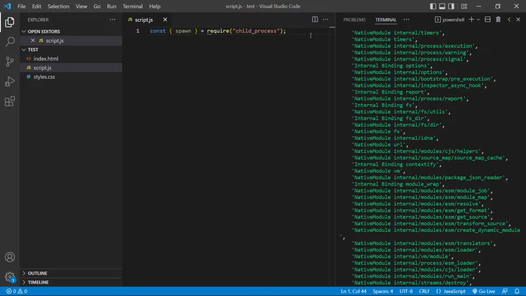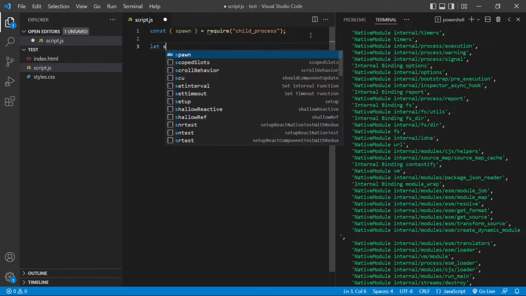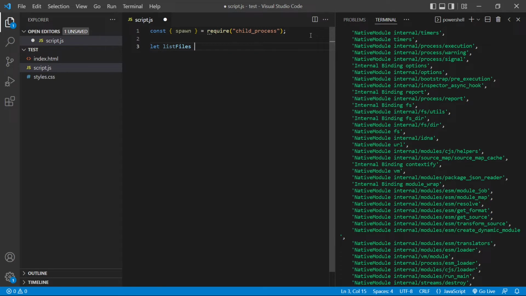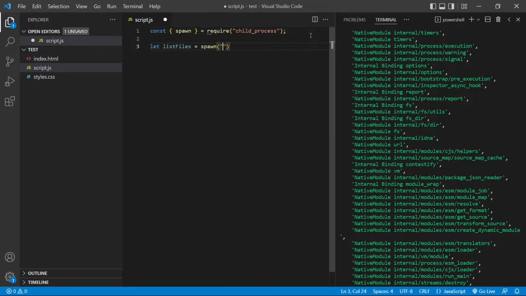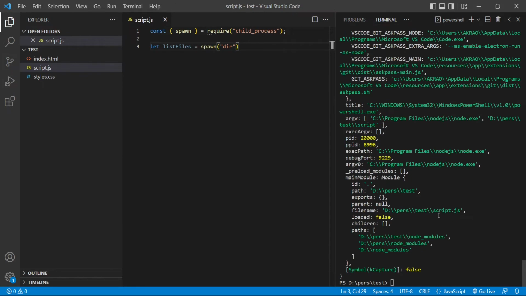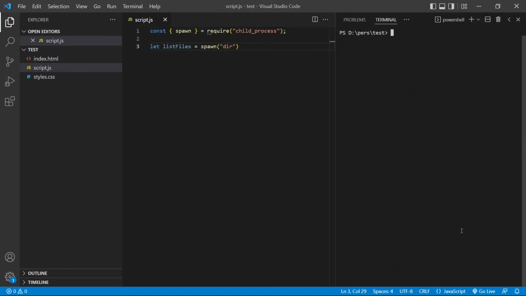Let's first try to execute a basic command. So we'll be listing a few files in the terminal using the dir command. So you normally use the ls command in Linux to list down all the files inside a particular directory. But since I'm using a Windows system, I need to use dir because that is how you list down files in a Windows system. Now if I go down, I clear the terminal, and if I run this,